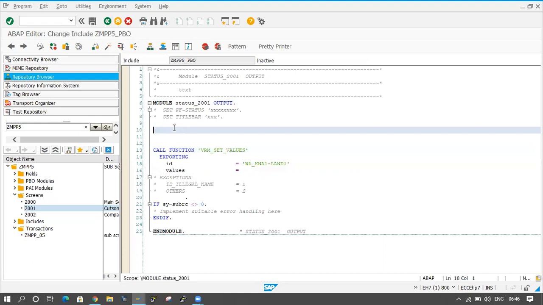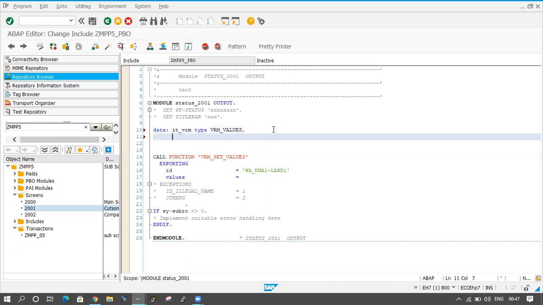Click on the back button, and here I will declare one internal table and work area. Data ITVRM type the type name, VRM underscore values.